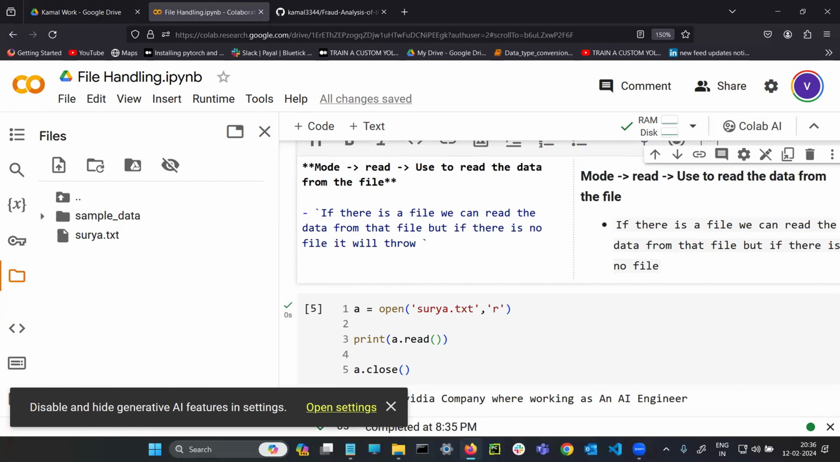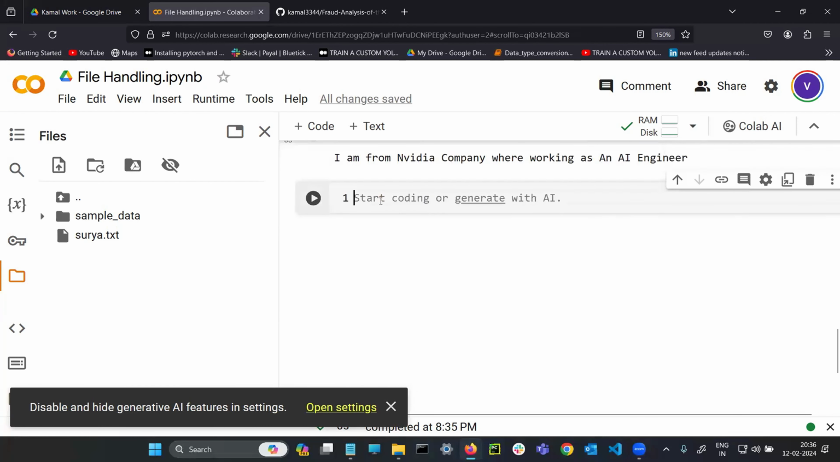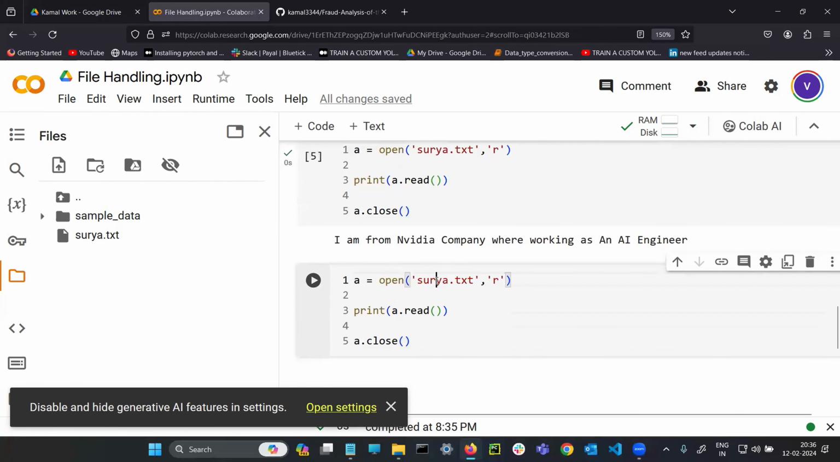Throw error. It will throw error. It will see the same concept. Copy. I'm going to paste it here. I want to open